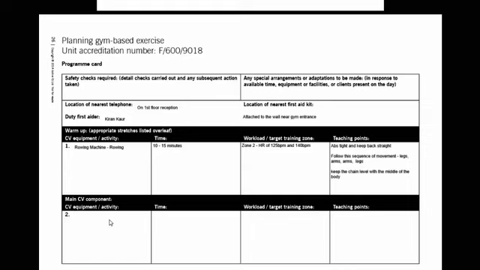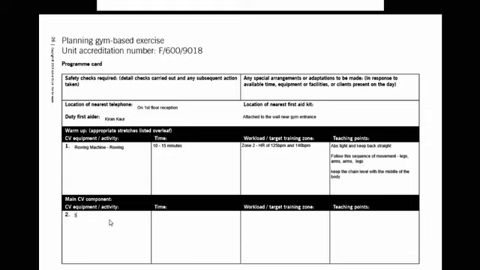So although you might not do it once you get qualified as a trainer, for the purpose of this, we need to be putting in some cardio exercises as well. So come into that, and we've got main CV component. So for this, I'm going to be doing cycling.